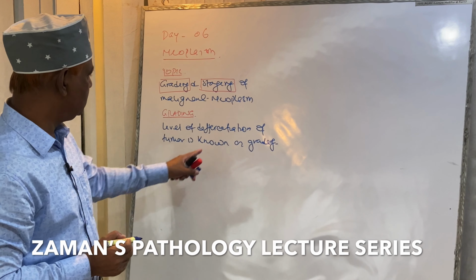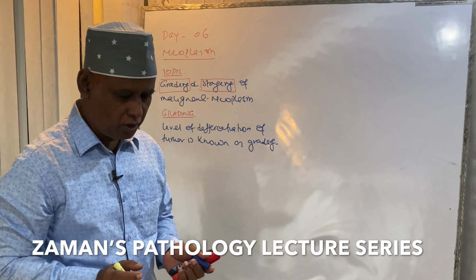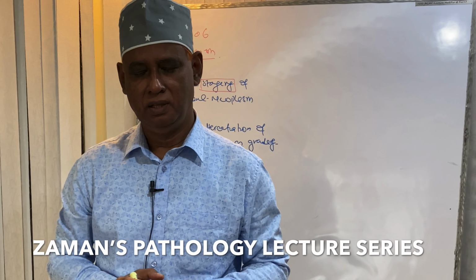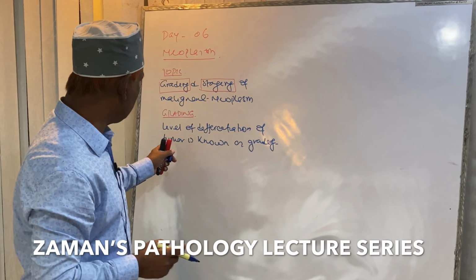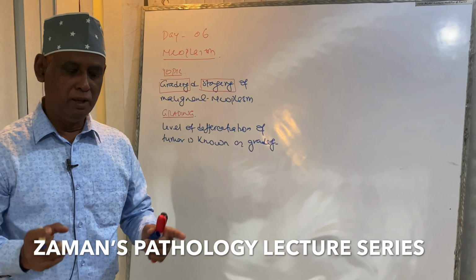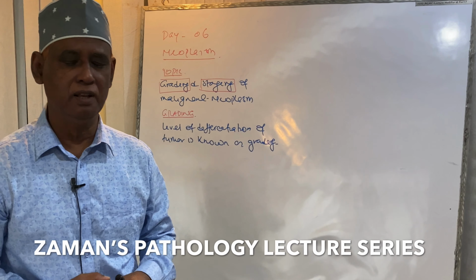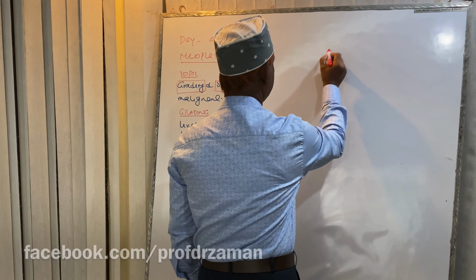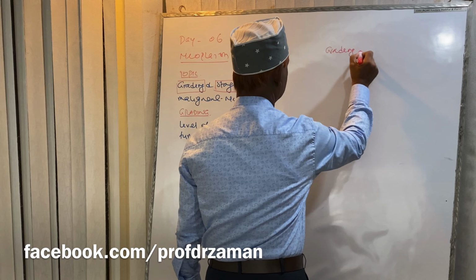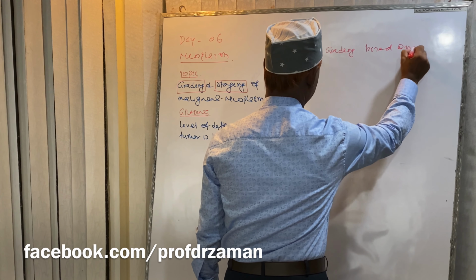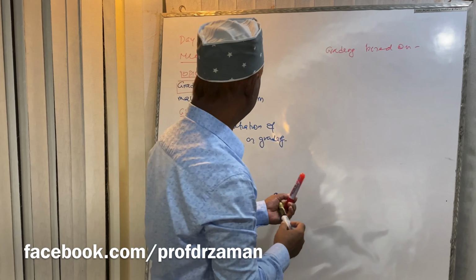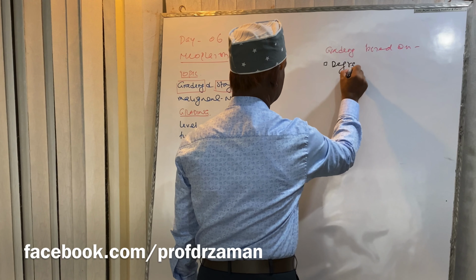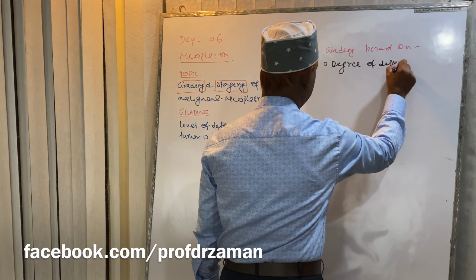Dear audience, we know what is differentiation. Extent of resemblance, extent of similarities of the tumor cell with the normal cell is known as differentiation, and level of that differentiation, level of that similarities of the tumor cell is known as grading. So, it is the level of differentiation. Grading based on degree of differentiation,